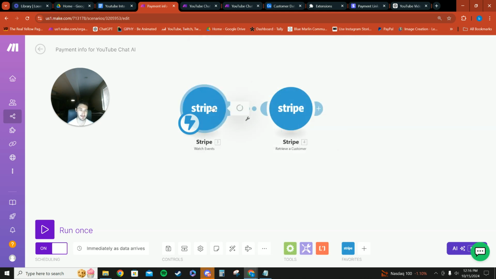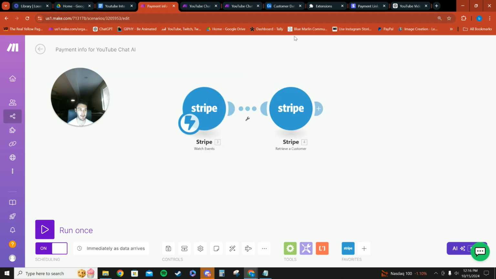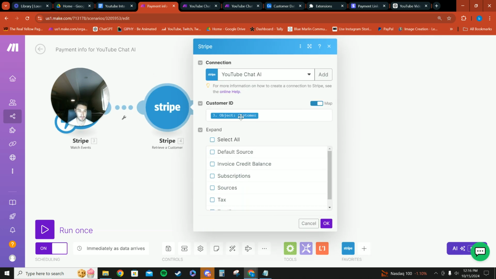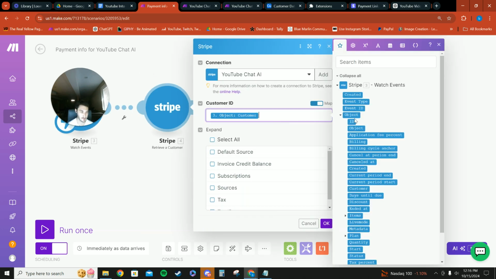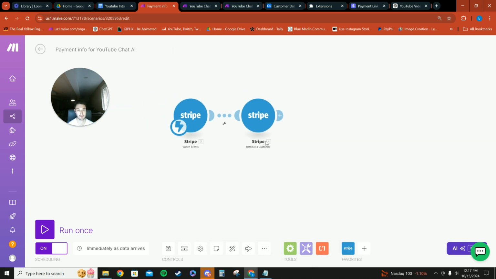So then you're going to create a webhook that's connected to the specific payment that you want to do. The second part is going to retrieve customer info, and we just did object and then ID the customer, and then we want to get any general information from them. We haven't selected anything, and we just leave this running so that every time that Stripe link is activated,